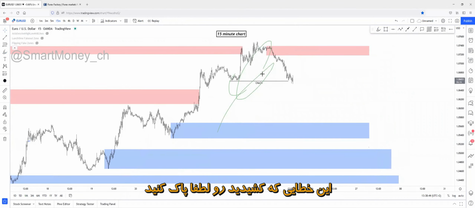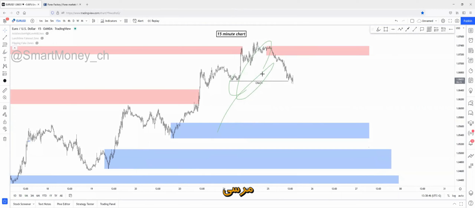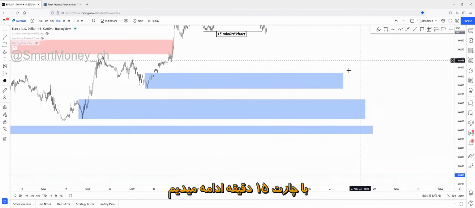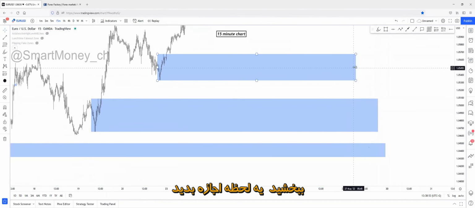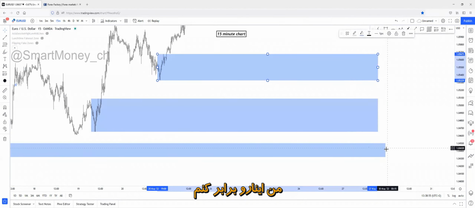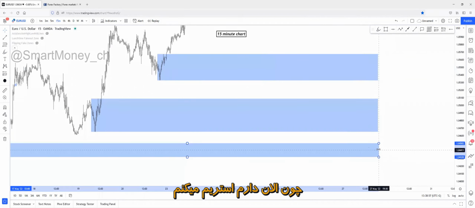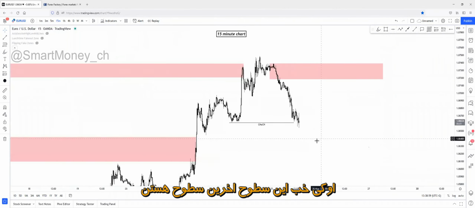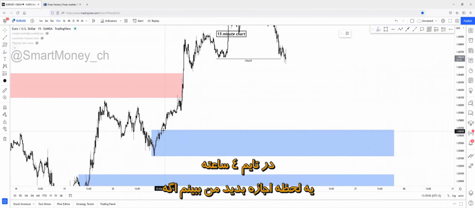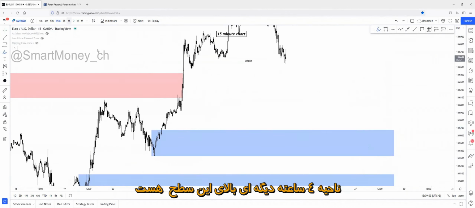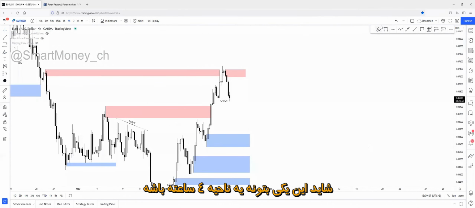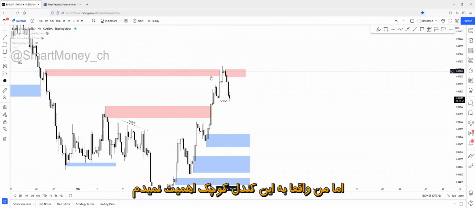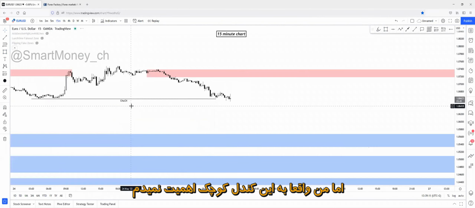So, remove this drawing, please. Thank you. Continuing with the 15-minute chart. As you can see, these levels, sorry, let me just equal these levels because my OCD is screaming right now. Okay, so these levels are the less recent 4-hour zones. Let me just see if there's any more 4-hour zone above this one. Maybe this one could be a 4-hour zone, but I don't really care about that small candle.